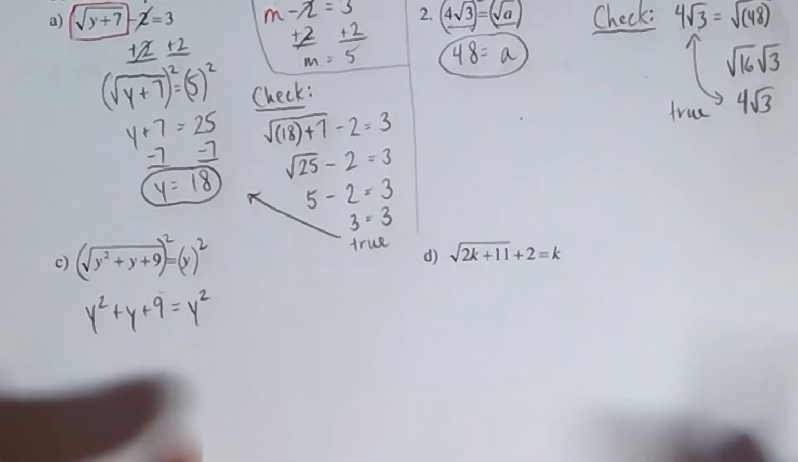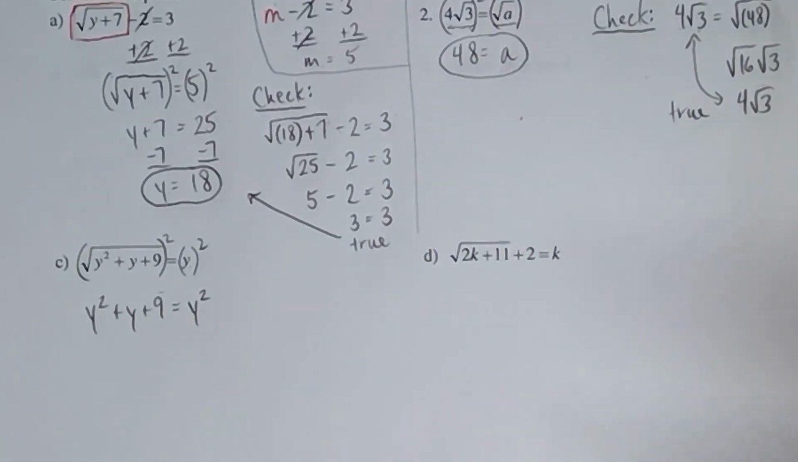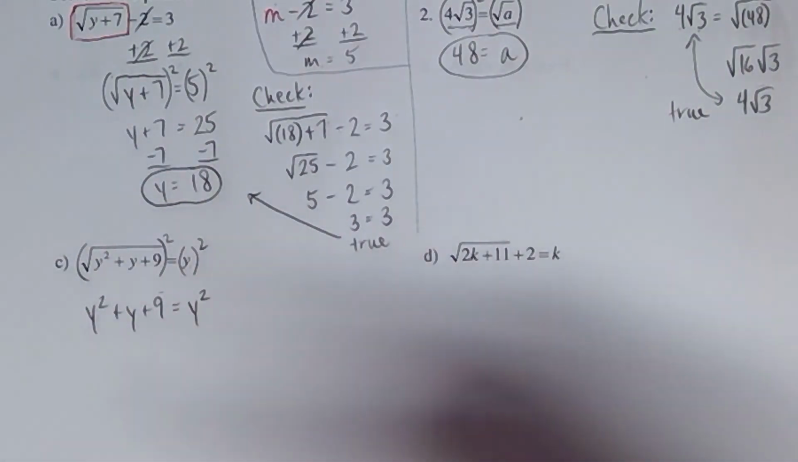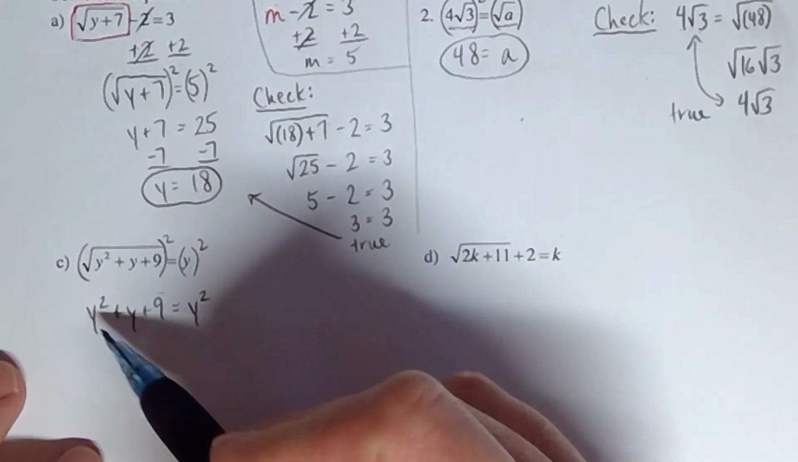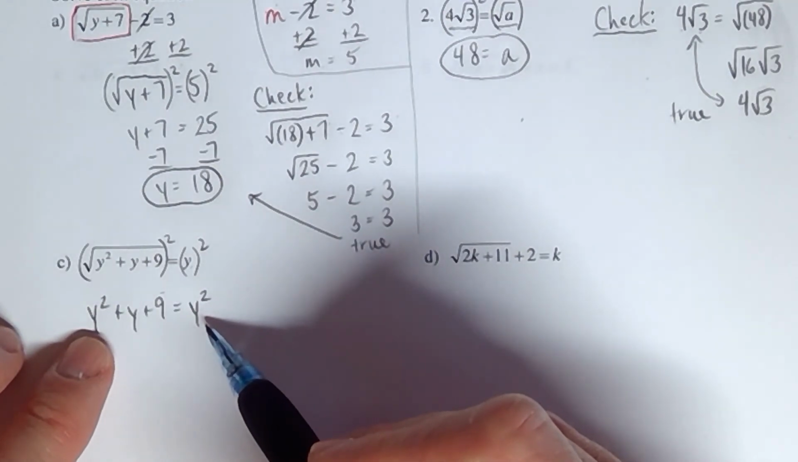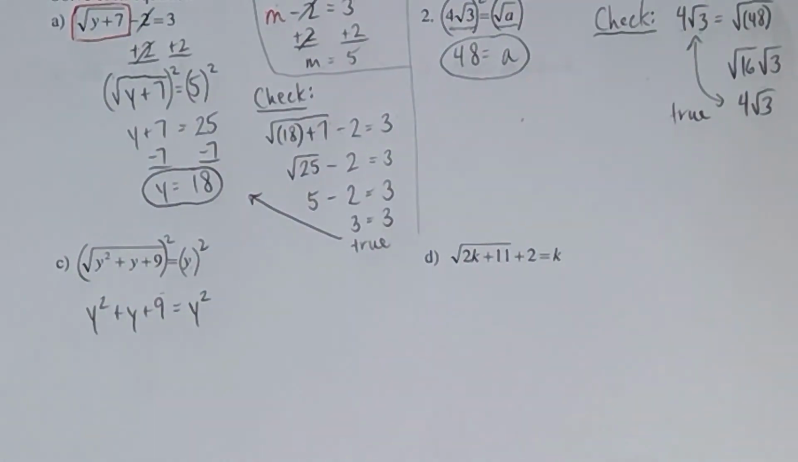Okay, so I got rid of the radicals. What happens when I get rid of the radicals? All right, you either end up with a linear or quadratic equation. This looks like it's quadratic because of the y squareds, but it's one of those rare things where it looks